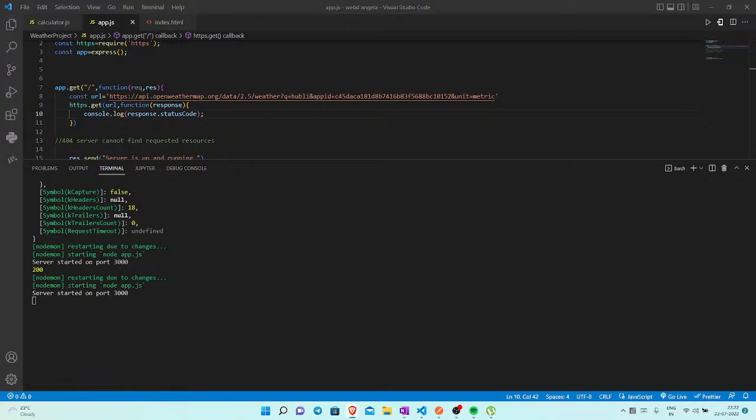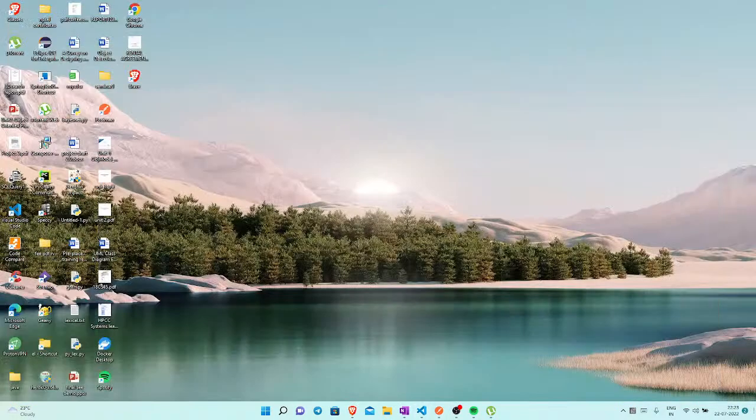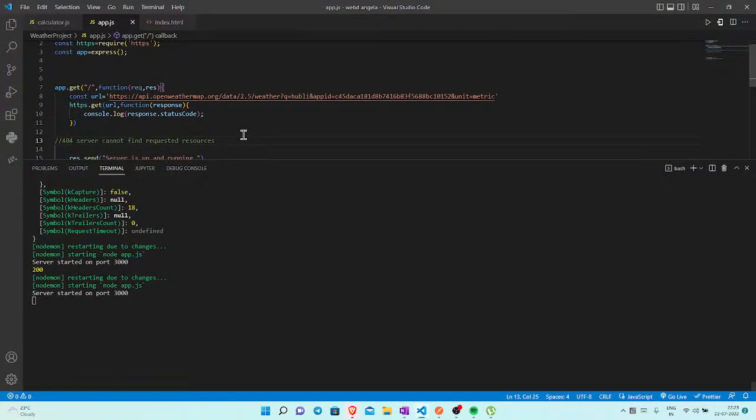So let's restore our path. Now, another type of error you'll often get is when you have to authenticate yourselves with an